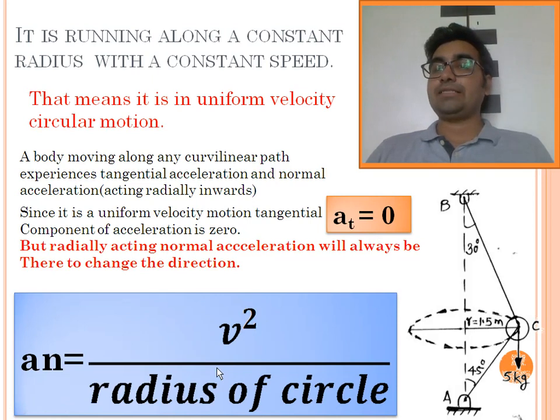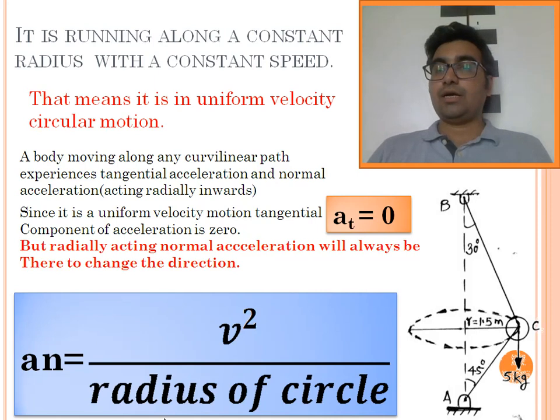If the particle is moving say velocity 10 meter per second, and if it has to move along a circular path, it has to continuously change the direction of the particle. So the normal component of the acceleration is given by a formula v square upon radius of the circle. So a_n is equal to v square by r is the formula of normal component of the acceleration, and it is always present for circular motion.